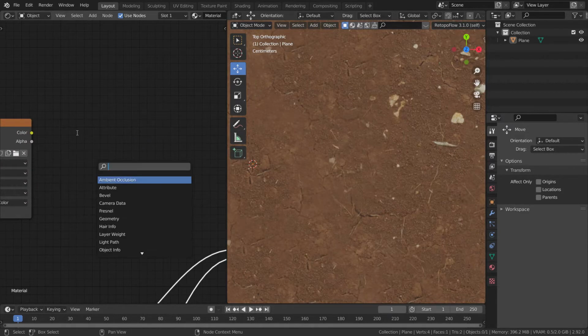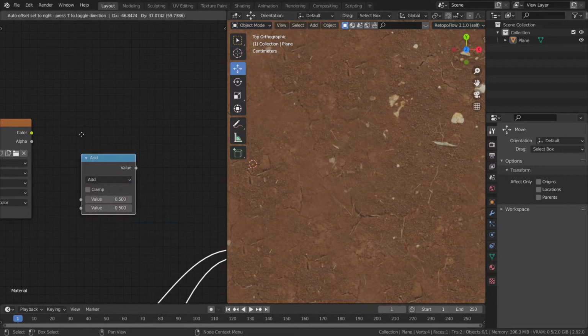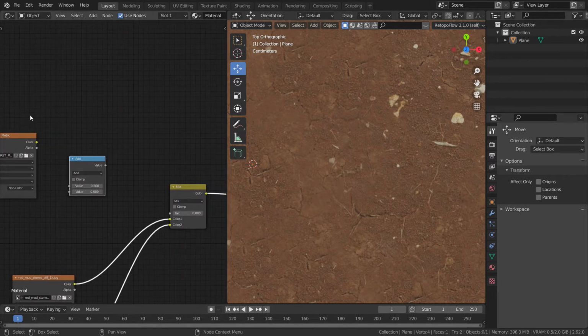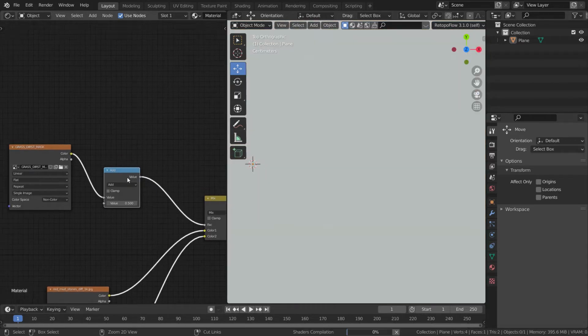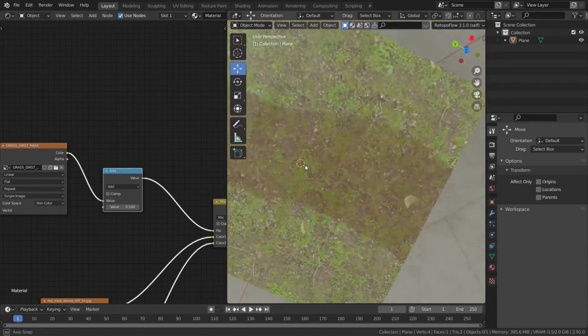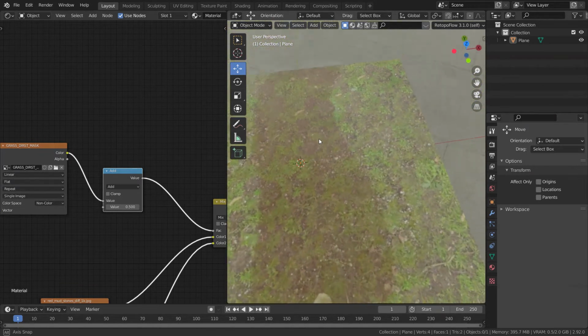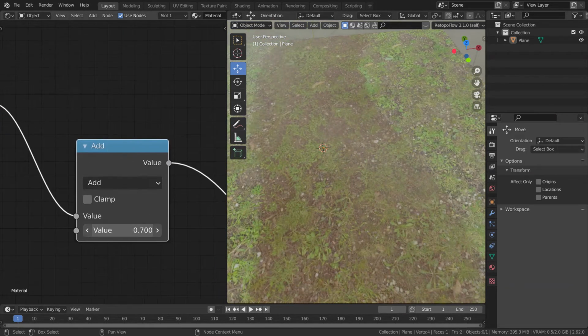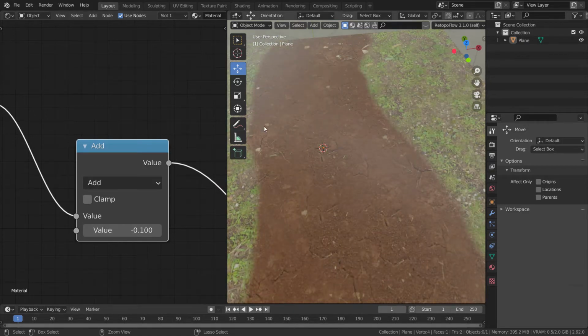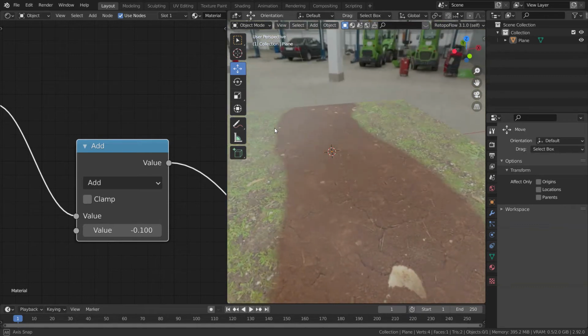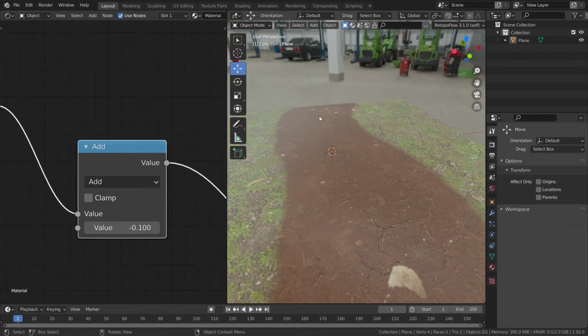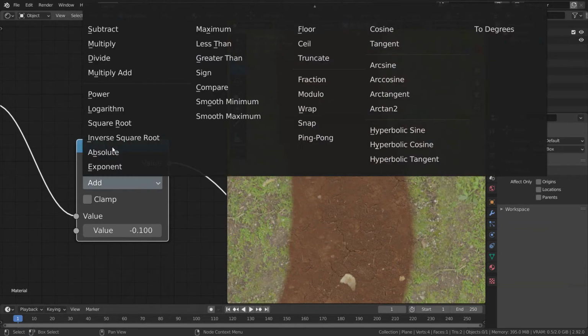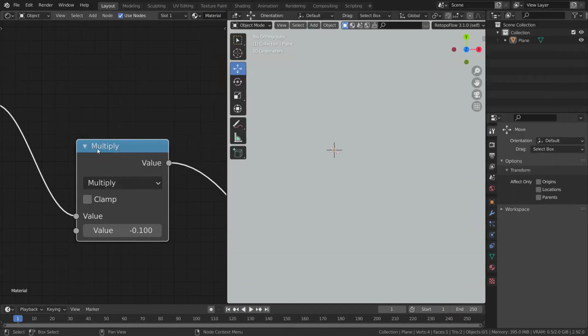And what if we use a math node? Let us plug the color into the value, and let's plug that into the factor. As you can see, now a value is being added on the ground. I can decrease it. You can play around with the math node as much as you want. You can set it to multiply.